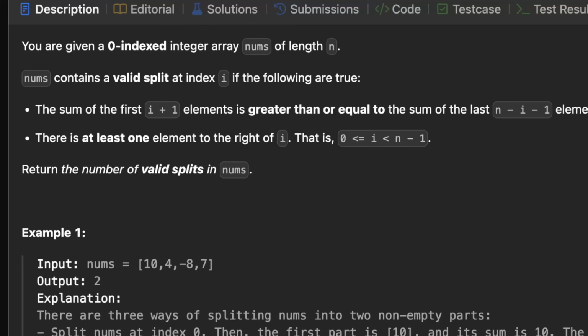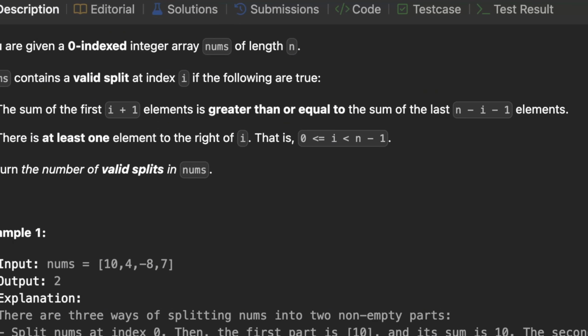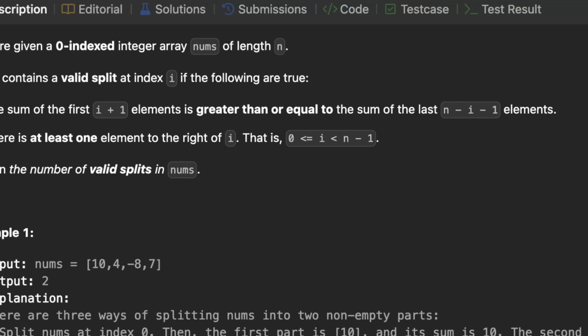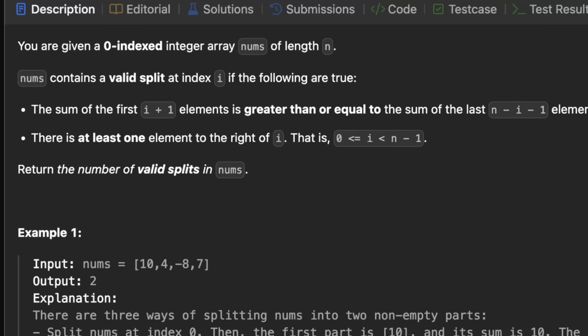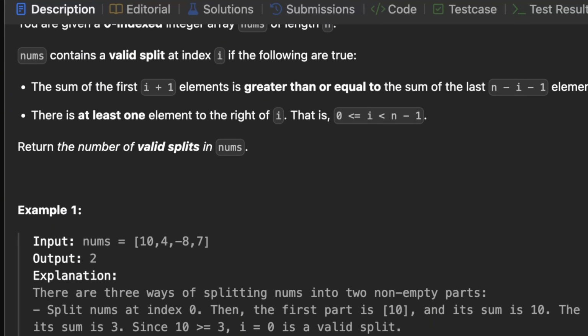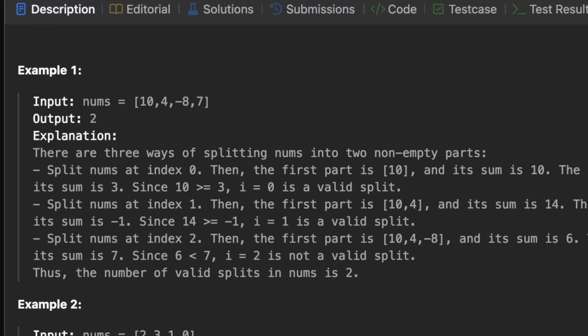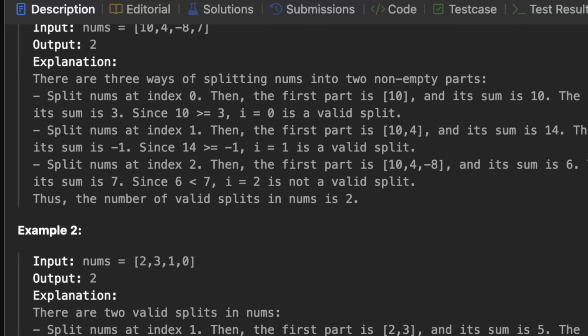The sum of the first i plus 1 elements is greater than or equal to the sum of the last elements. And there is at least one element to the right of i, that is i between 0 and n minus 1. We need to return the number of valid splits in the nums array. Before we look at the example on the whiteboard,